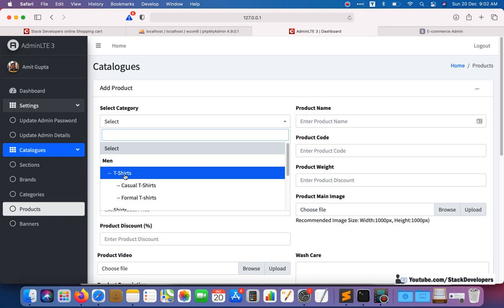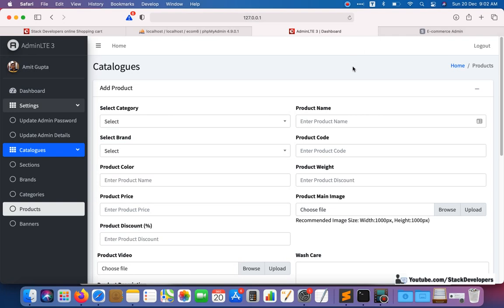If a denim product is added, then that coupon will not be applied to that denim product. So this is the feature that I am going to add in the coupon options.